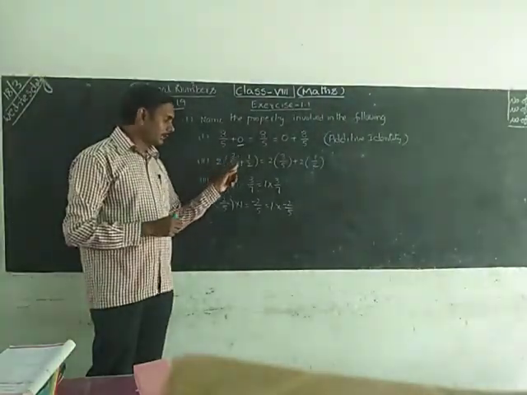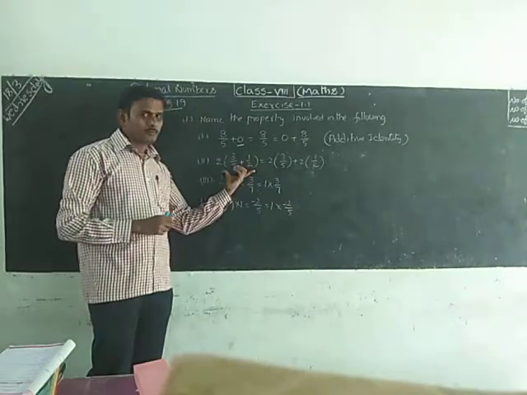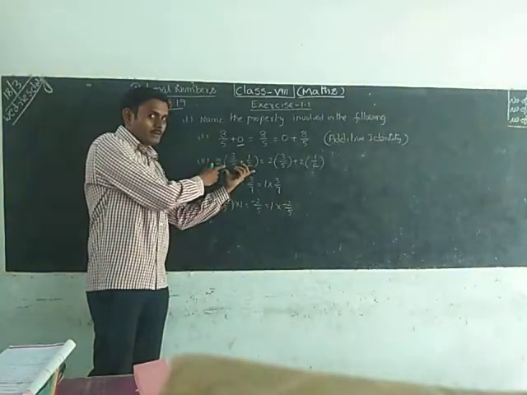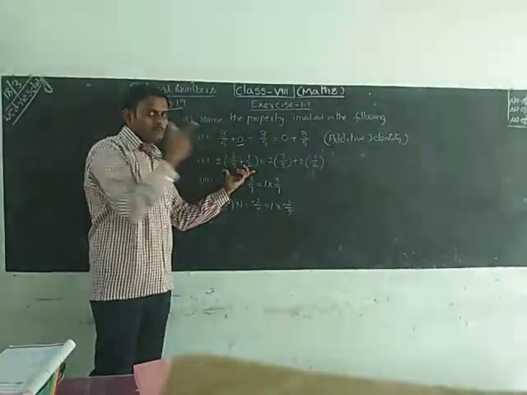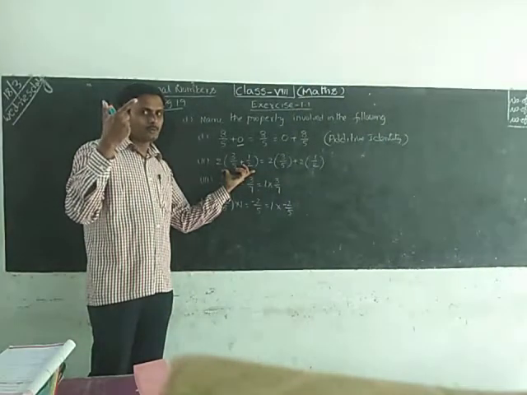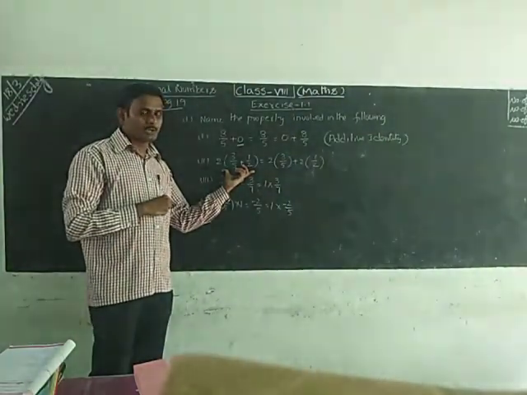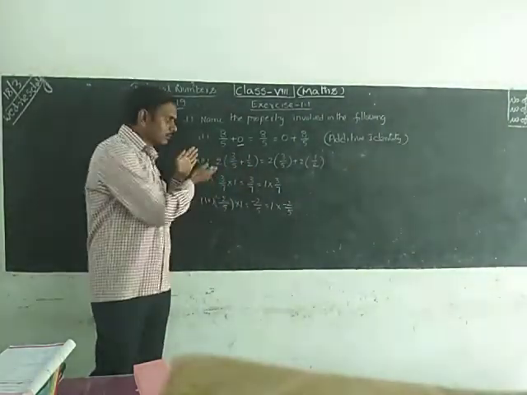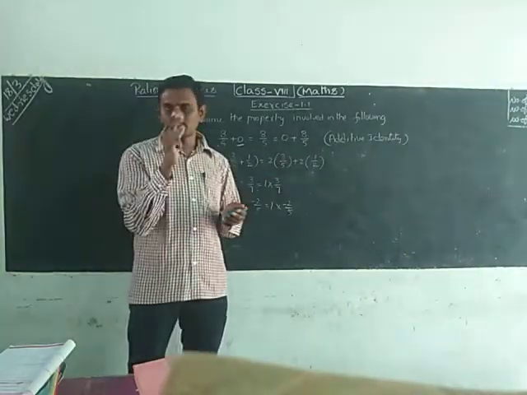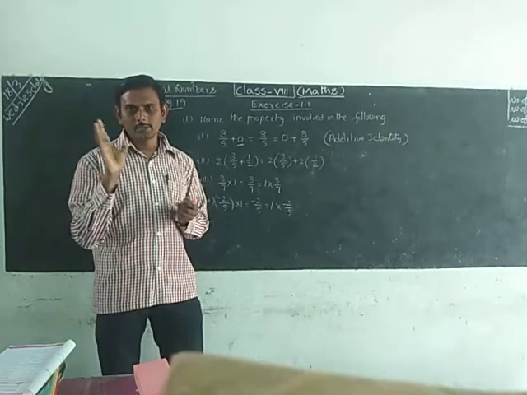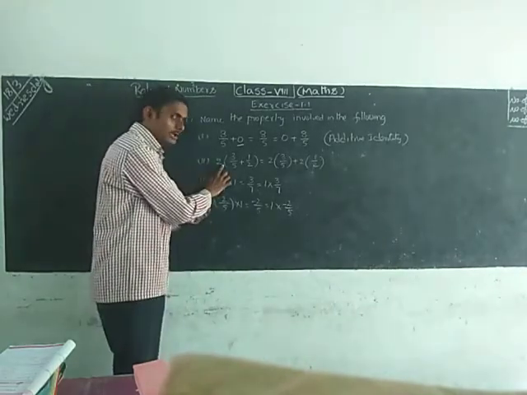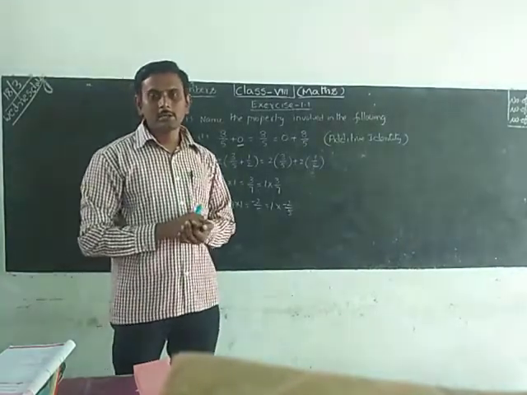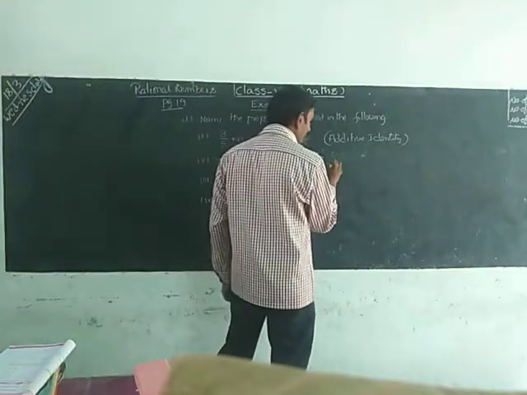2 multiplied by 3 by 5 plus 1 by 2. If you observe here, we can identify two basic operators. What are those? One operator is multiply, next is plus. You used multiply in the previous class. Which property? Here multiplication and addition both appear at a time. In the statement we get two basic operators: one is the plus operator, one is the multiplication operator. 2 multiply 3 by 5 plus, with multiply and plus together, that is the distributive property.